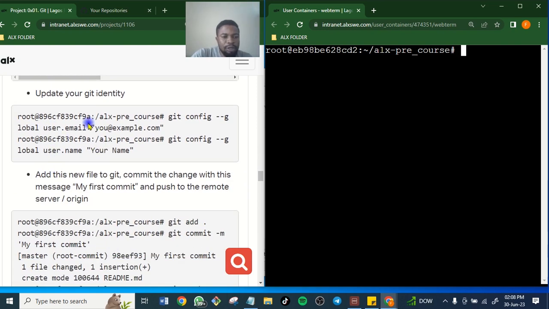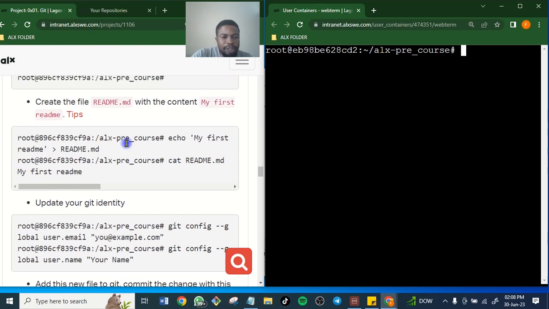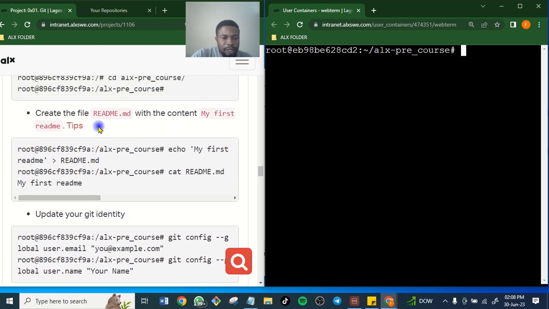Okay. The only tips to do that is here, but I would not want to start going into that. What you are supposed to do is you use echo. You can either use vi or you can use emacs. If you use vi, let me just open it.